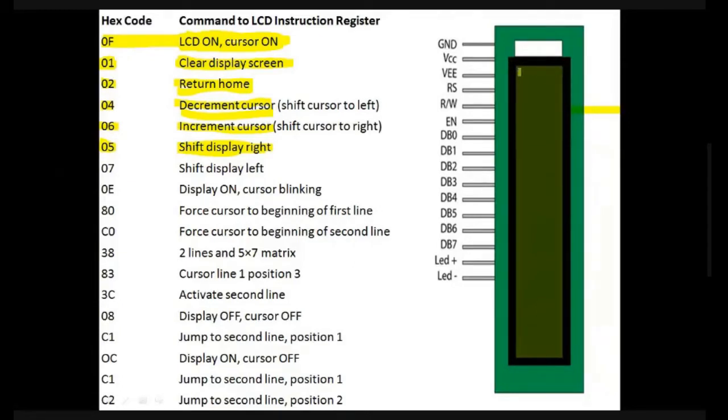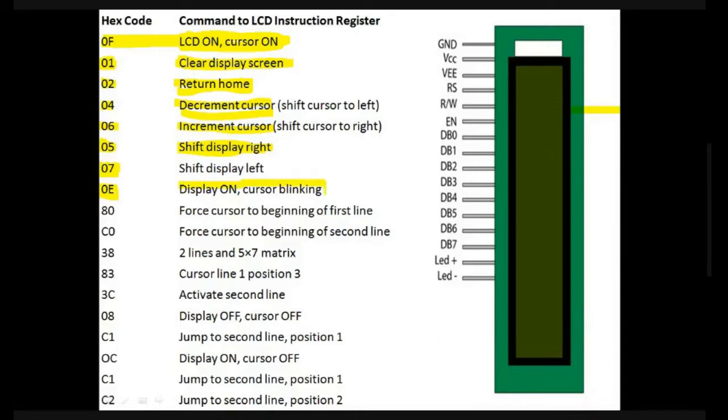Similarly for 07, if I am going to write from here but I want to write toward the left, the cursor is shifted to the left position when I give 07 as a command.